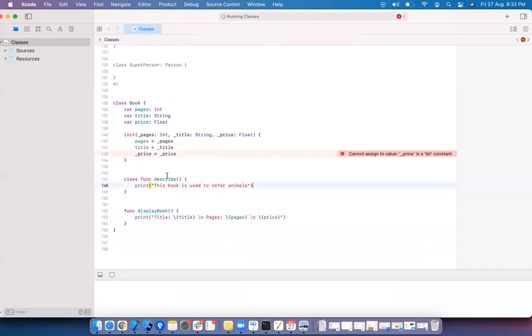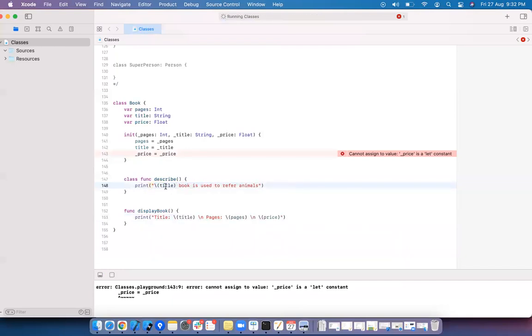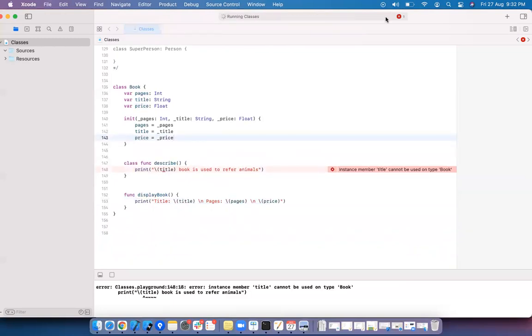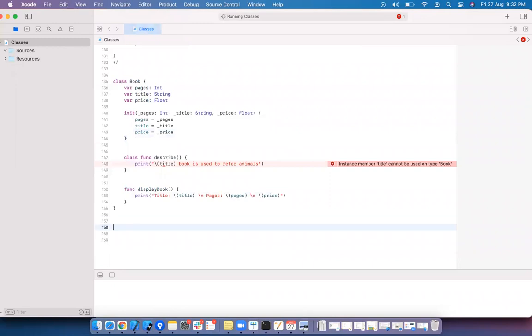Okay, here I want to mention this book is used to, instead of this I'll just try to access the title of the book. If I give ABC, book is used for referring animals, similar to that. Here it is not underscore. Okay, now I'm trying to create books.